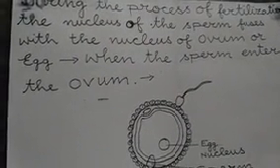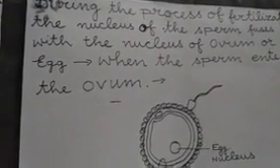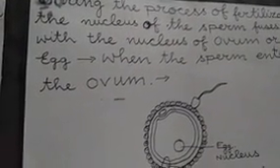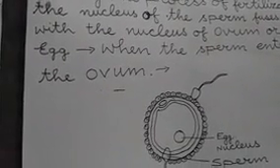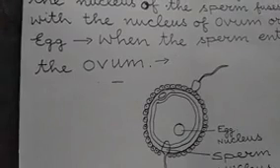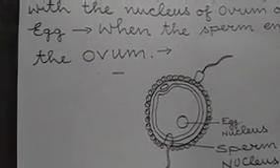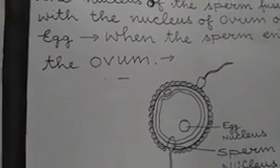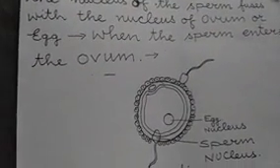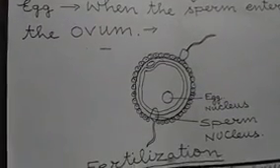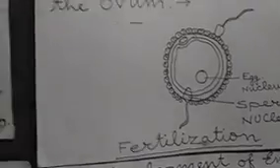Once again, I am repeating, what is fertilization? Fertilization is the process during which the fusion of the male gamete takes place with that of the female gamete. Now, as a result of the process of fertilization, due to the fusion of the nucleus of the male gamete with the nucleus of the female gamete, a single celled structure called zygote,